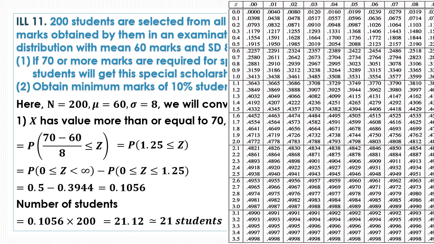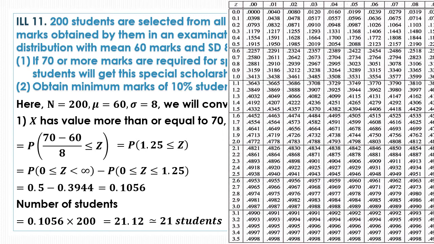Okay, so these are the practical questions which we can face, and the answer of which we can find using the normal distribution. The number of students are 200, the probability that they get 70 or more marks for the purpose of scholarship is 0.1056. So when we multiply these two values, we get approximately 21 students who may get this scholarship according to our probability. And usually normal distribution has big data, so usually it is quite accurate.